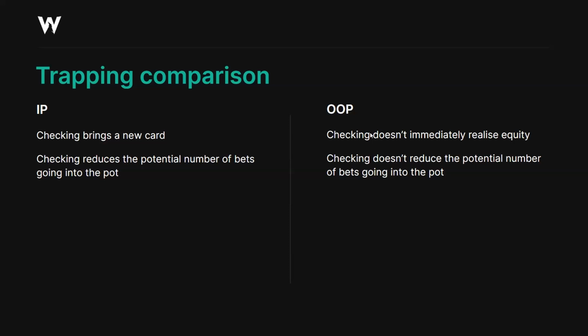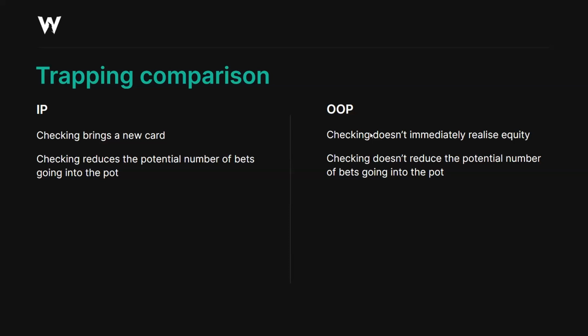So the fact that a new card comes means that there's not as much need to protect with previous 2-pair and sets and whatnot. There's not as much need for that because some or a lot of the turns, for example, in the case that we're on the flop, a lot of turns are going to add new combos of nutted hands to our range. So there's not as much need for that immediate protection. Another